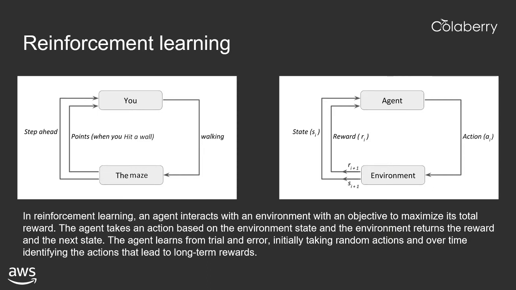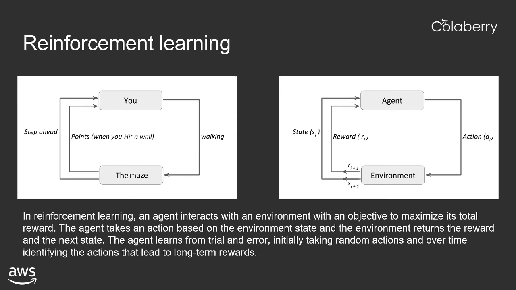This is how reinforcement learning works in a nutshell. In reinforcement learning, an agent interacts with an environment with an objective to maximize its total reward. The agent takes an action based on the environment's state, and the environment returns the reward and the next state. The agent learns from trial and error, initially taking random actions, and over time identifying the actions that lead to